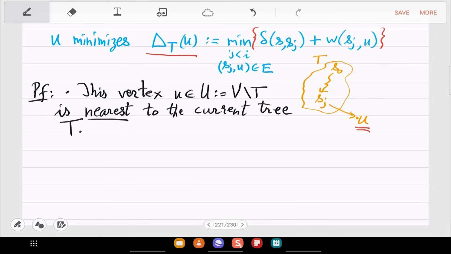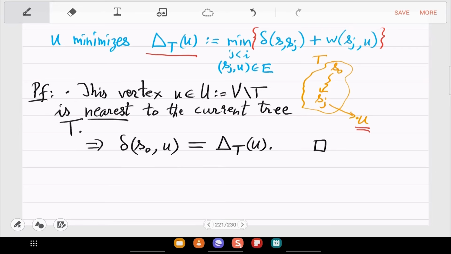So using the same kind of an argument you get from this observation that the nearest distance from S0 to this U is exactly the formula we just wrote. So I mean, you can complete this proof.